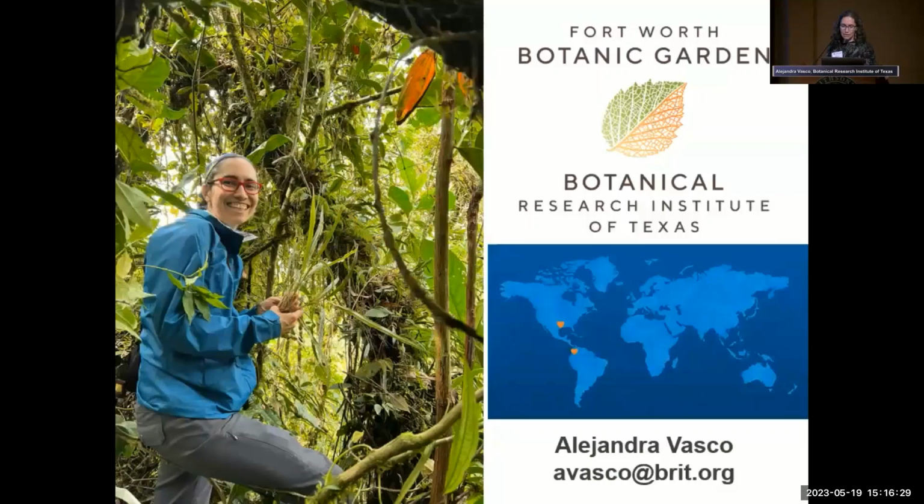So before that, as Eric said, I am a botanist, a research botanist at the Botanical Research Institute of Texas. I was born and raised in Colombia, so that's why you see the 2 hearts here in this map. These are where my 2 hearts are. I do have smaller hearts in other places of the world, but